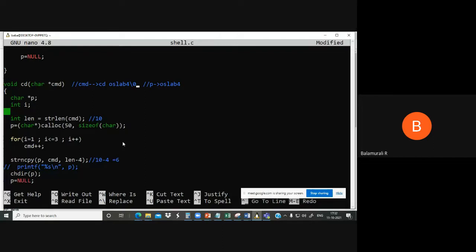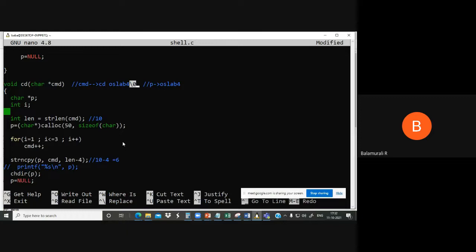Now we want to remove these extra things. The cd space should be removed, and the null character also should be removed. That's what we are first going to do. We are creating a character pointer p and some variable i. First we are finding the length: length is equal to strlen of cmd. If you take this typical example, its length is 10: 1, 2, 3, 4, 5, 6, 7, 8, 9, 10.